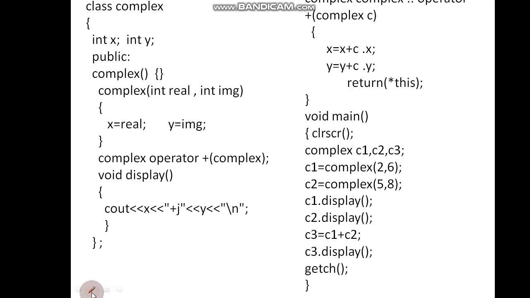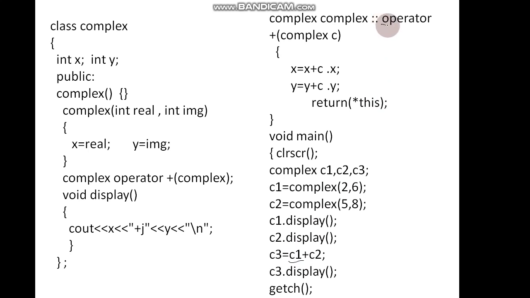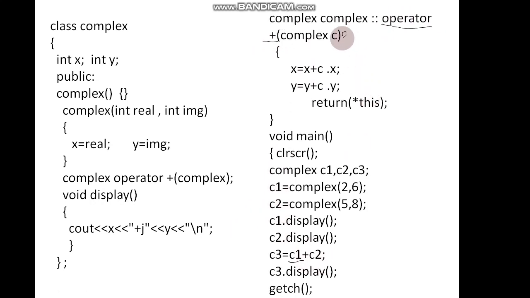So address of C1 will be passed implicitly to the operator plus function. C2 will be passed explicitly. We are adding C1 plus C2 inside this function.